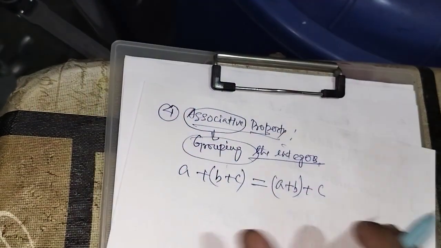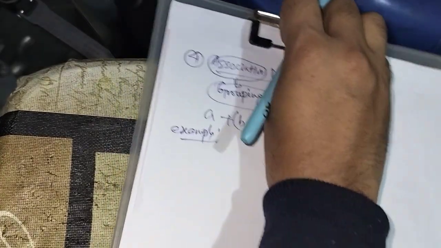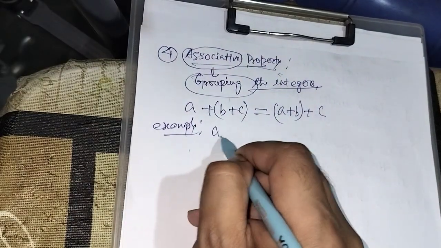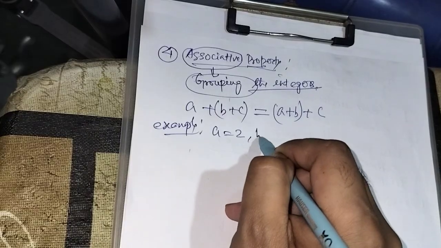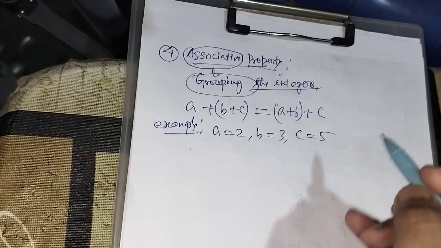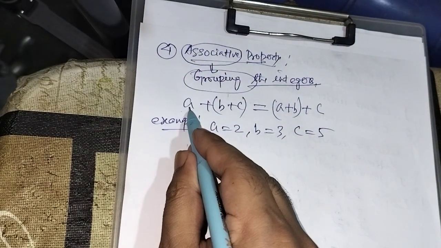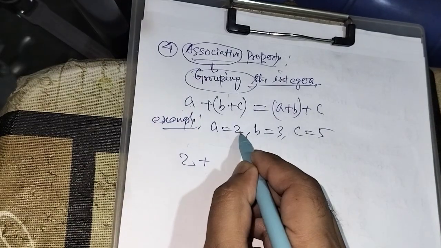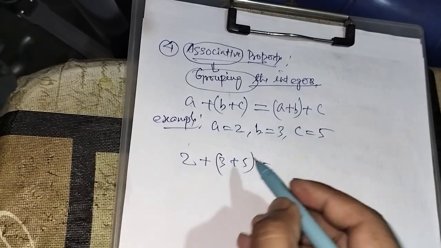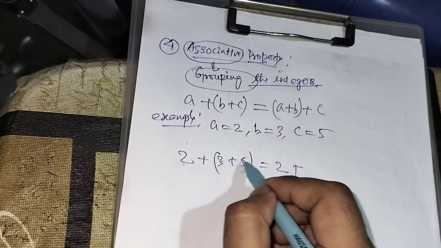Now see, example I'm taking. Example, suppose in integers I write a value a equal to 2, then b value equal to 3, c value equal to 5. Put the value here: a is 2, plus b value is 3, plus c value is 5. What do we get? 3 plus 5 is 8,